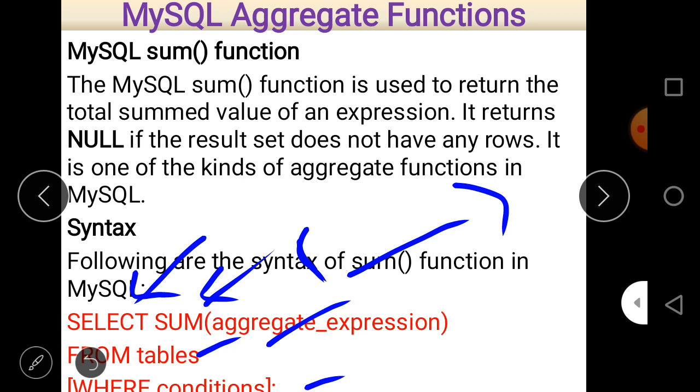On the basis of that, we are going to find the sum, and then the keyword from, and then the table's name. There may be more than one table also, and after that, if required, we write a condition with the where clause. So this is the overall syntax of the sum expression.